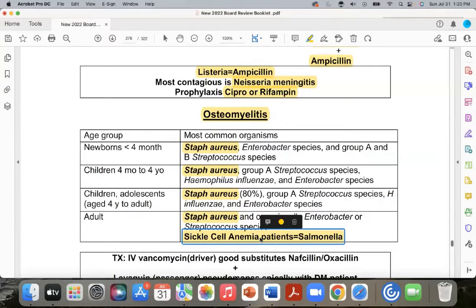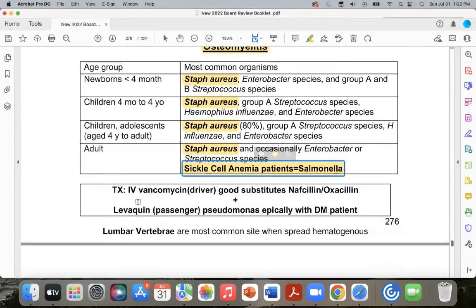You see, guys, if I have sickle cell, what's still my most common bacteria? It's Staph aureus. Guess who's in the back seat as a passenger? Salmonella. So now does everybody see, now we have to change the regimen to where we cover staph. And guess what we have to take care of in the back seat? Sickle cell, salmonella. And that's exactly what it is. So what are some of the good drugs we use for staph? That's our Vanco, right? Or sometimes nafcillin is another good choice.